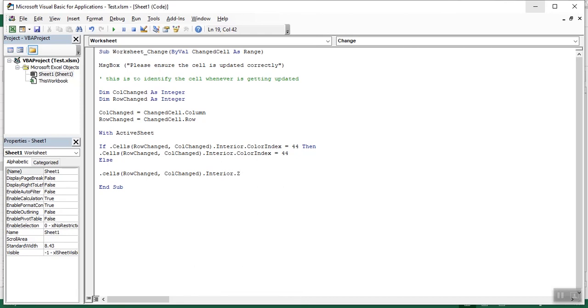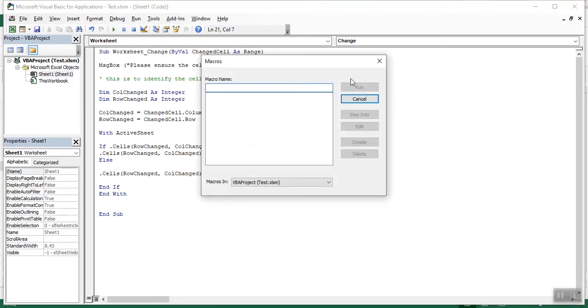Interior dot color index equal to 44. Okay. So this is done. We will give some space. Now we will hit save and run in case everything goes correct.